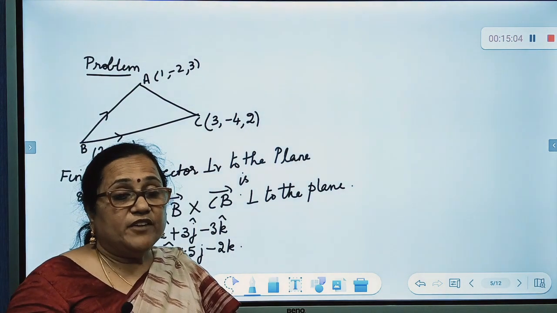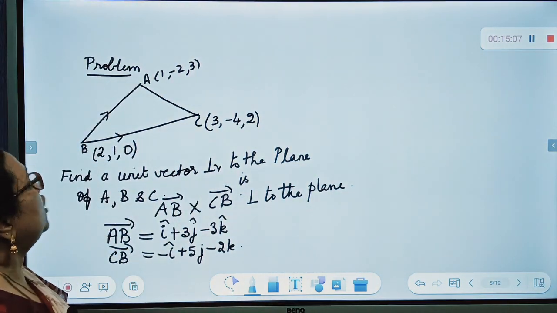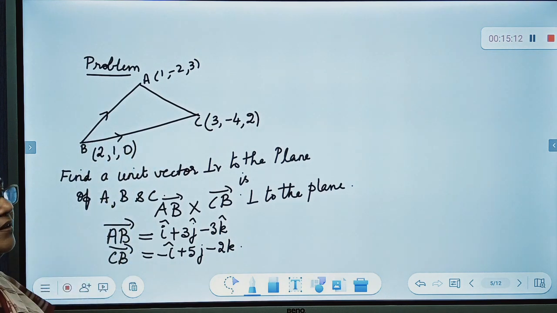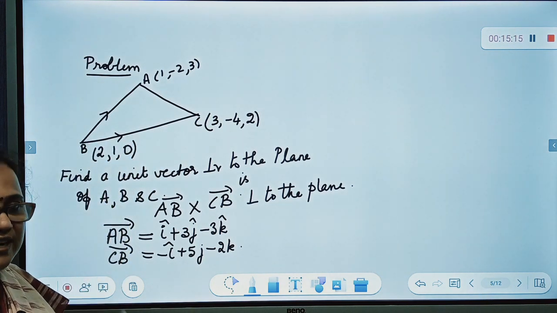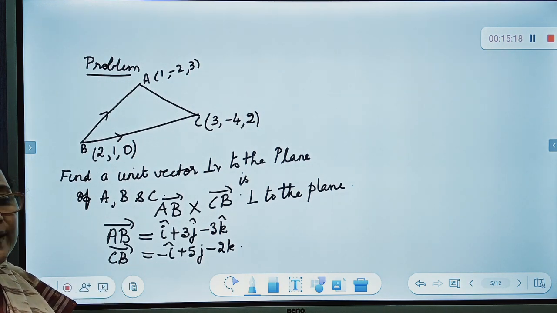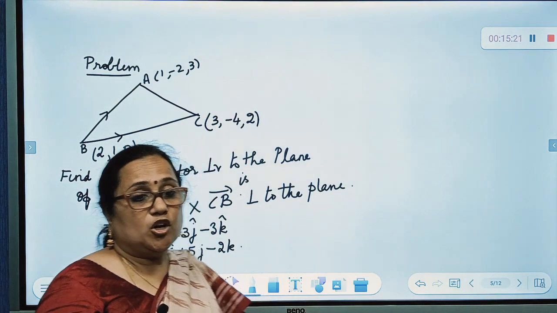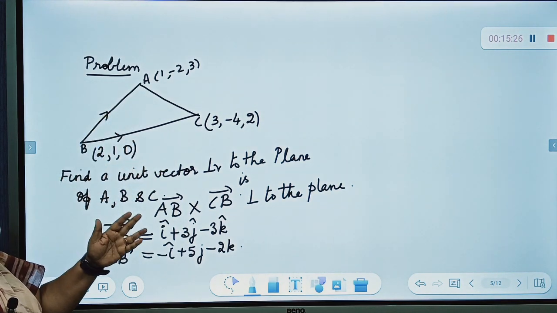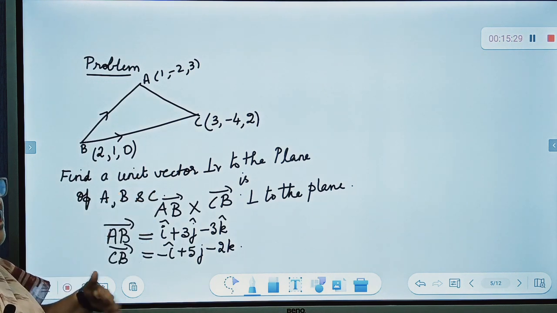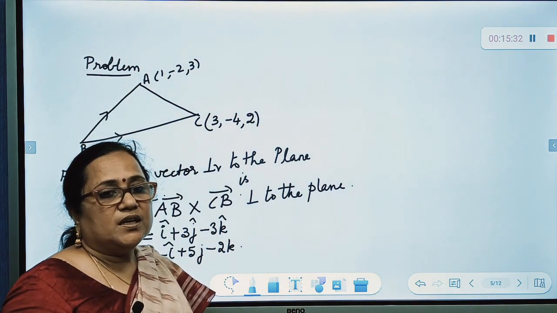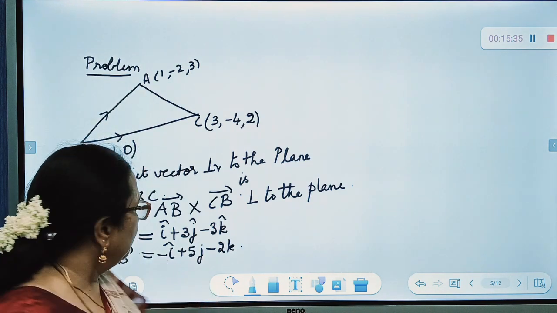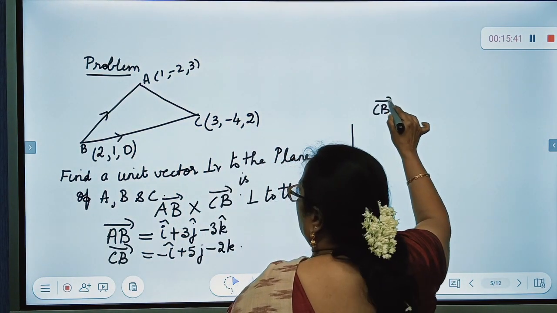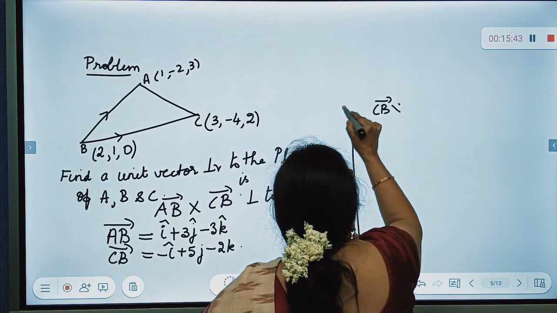So what is the problem? Here we are trying to find a vector which is perpendicular to the plane of A, B and C. The vertices of A, B and C are given. I want to find a unit vector. So first let me find a vector and then divide by its magnitude to get a unit vector which is perpendicular to the plane of A, B and C. Any two vectors you can take. You can take BC vector, CA vector or AB vector. Just take the cross product of any two vectors in that plane, it will always be perpendicular to the plane. Now, what is CB vector? AB vector cross CB vector.